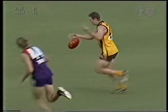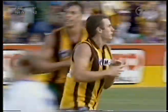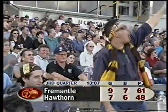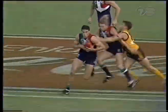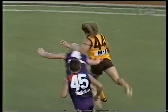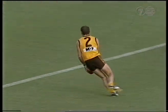Up towards half forward. Crawford, 35 metres out and closing, and kicks the goal. And that's a direct result, Pete, of that pressure. 2 goals to Crawford. Yep. And the 4th player run down when he's trying to carry the ball. Again, it's Parker. Just not the awareness of someone; you can't just believe that you can carry the ball